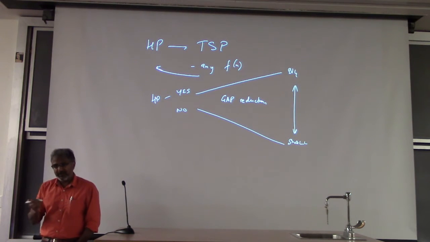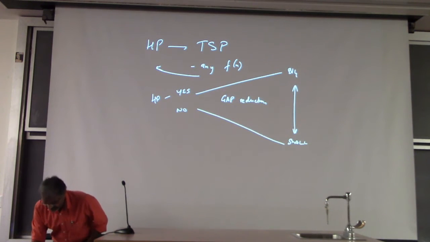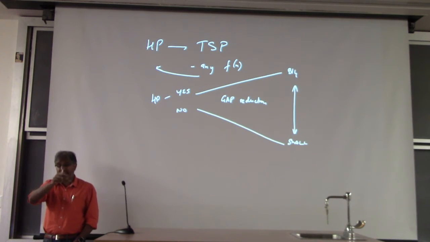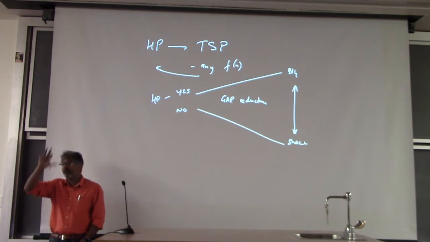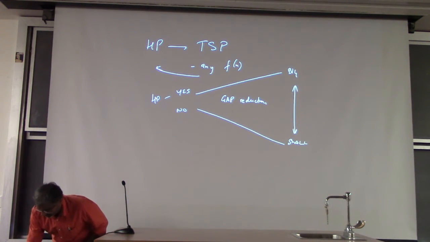So if you recall in the way we constructed this instance of the traveling salesperson problem, what we said was that you take any pair of vertices, if there's an edge between them in the original graph, you put an edge here with weight 1, and if not, you put another edge but with weight very high, right? So what would this look like? If you took a particular example of a graph, so let's say I have a graph that looked like this,